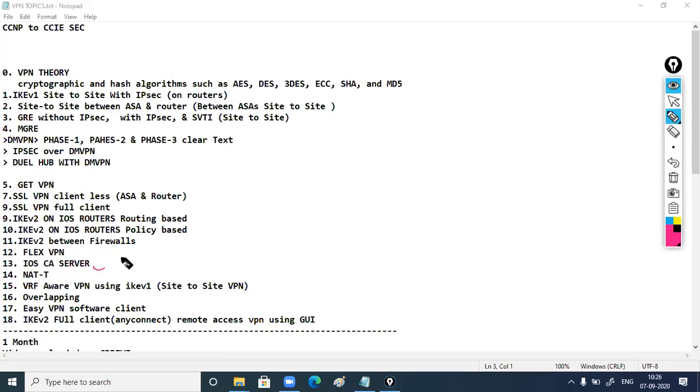Now, IOS CA server. Okay. IOS CA server means it's a Cisco router on which we are going to create a certificate authority. Based on the certificate exchange, how can we create a site-to-site VPN? That's what we need to understand. So from an examination perspective, CA server will definitely come. When I talk about version 4, 5 or 3, CA server was 100% there,